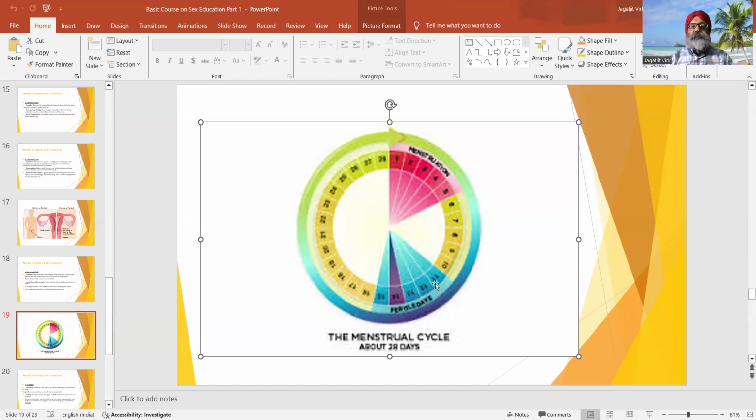These days are crucial for getting pregnant, because on the 14th, there is a shedding of the ovum in the body to be received in the fimbrial end of the fallopian tube. And if it is fertilized, then this ovum will continue and then it will become a luteal stage. Otherwise, the